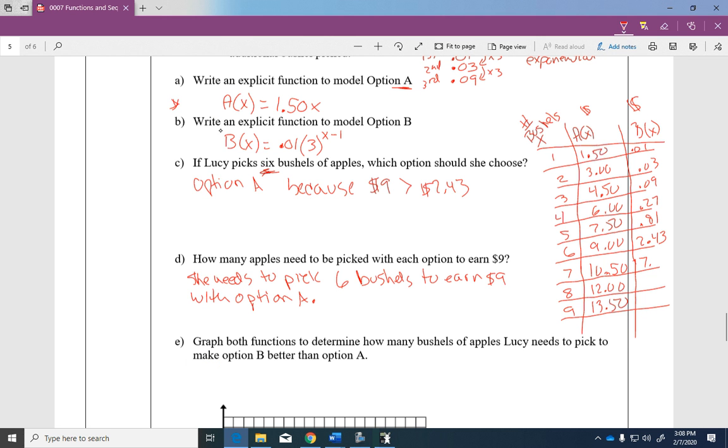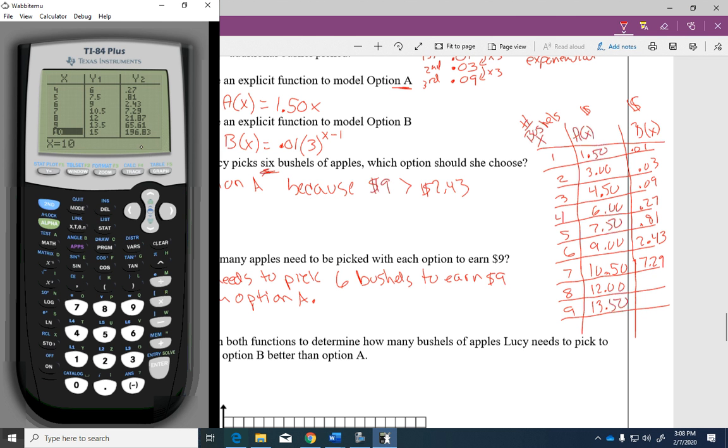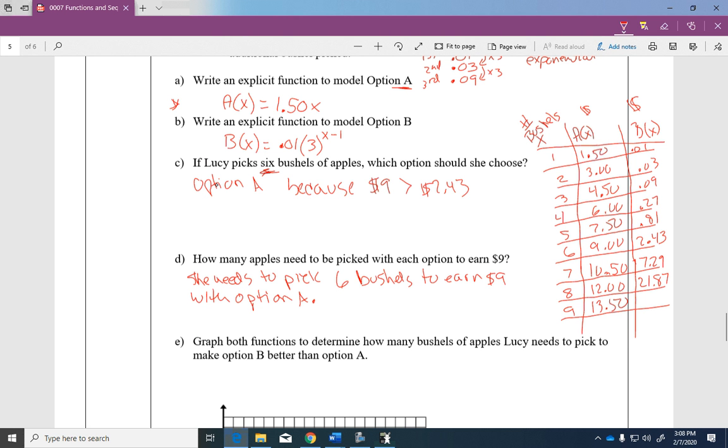So I didn't get there yet. And then next is $21.87. And I made it. She needs to pick 8 bushels. And she'd actually earn more than $9. But 7 bushels isn't enough because 7 bushels, it's only